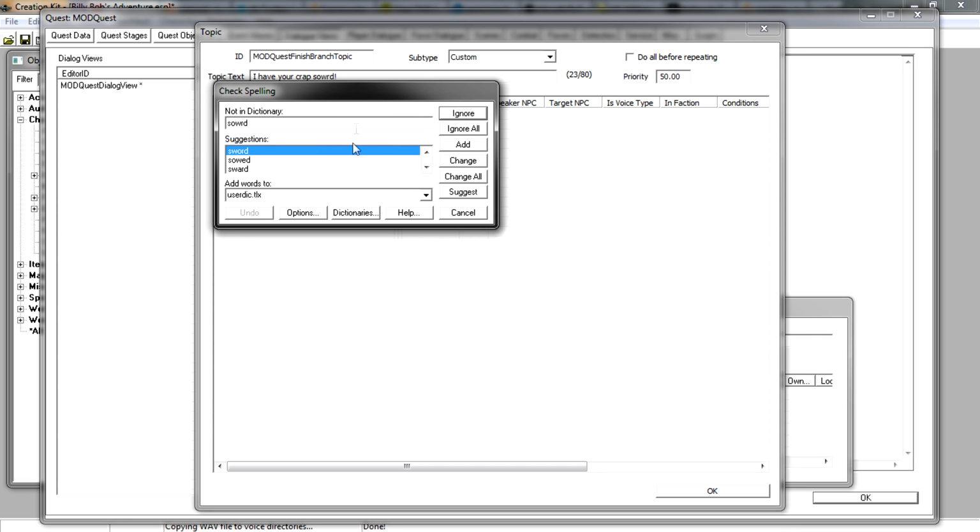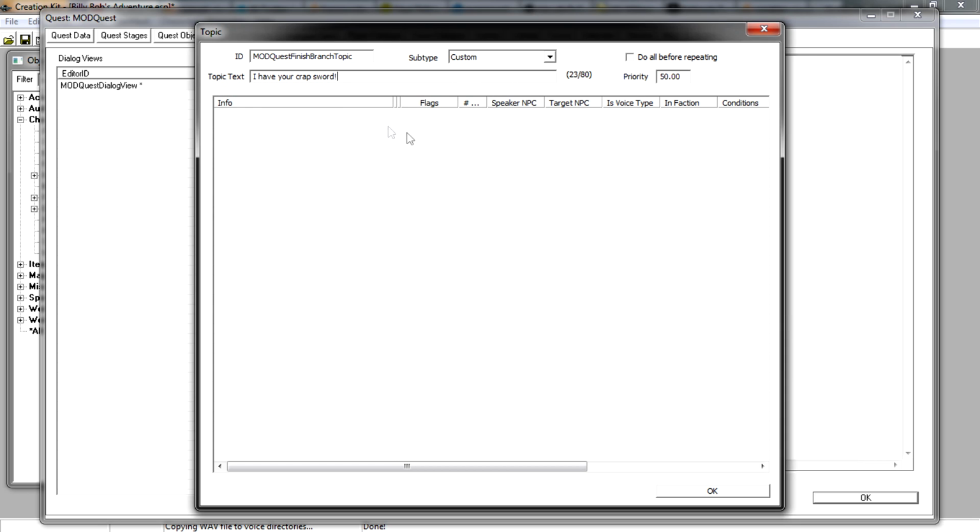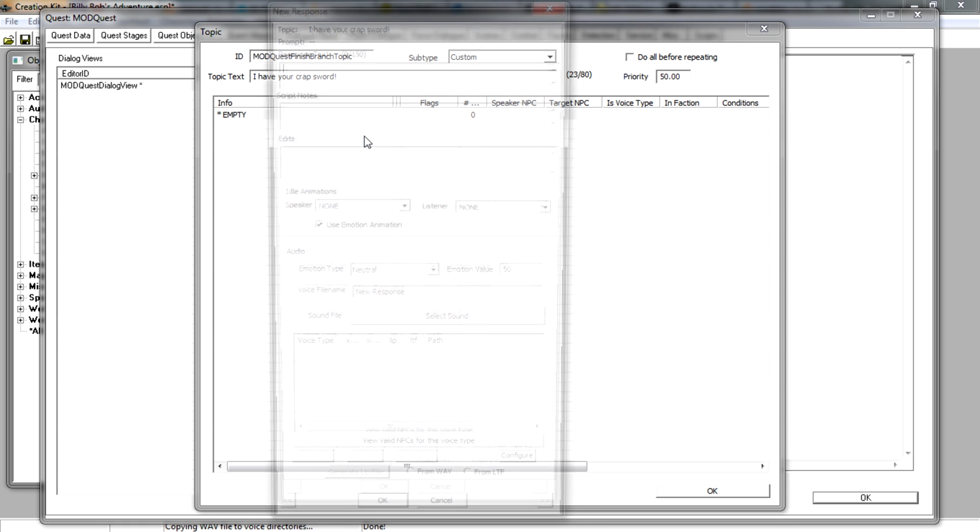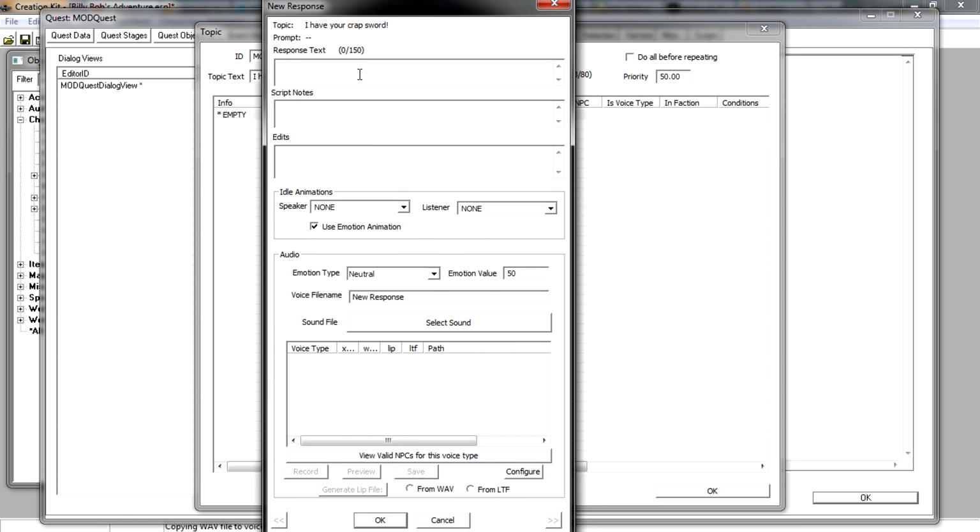I spelt it wrong, oh silly me. So I'm going to click change. I have your crap sword, create another info. Should just take a moment. Oh, it's taking its time, isn't it? Here we go. Then he's going to say,